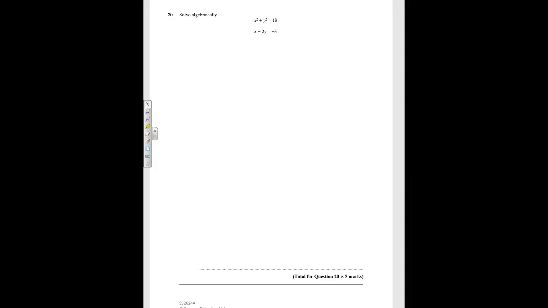Solve algebraically. We've got a pair of simultaneous equations. So let's do it by substitution. If we rearrange this second one, we would have x is equal to 2y minus 3. Then we can substitute 2y minus 3